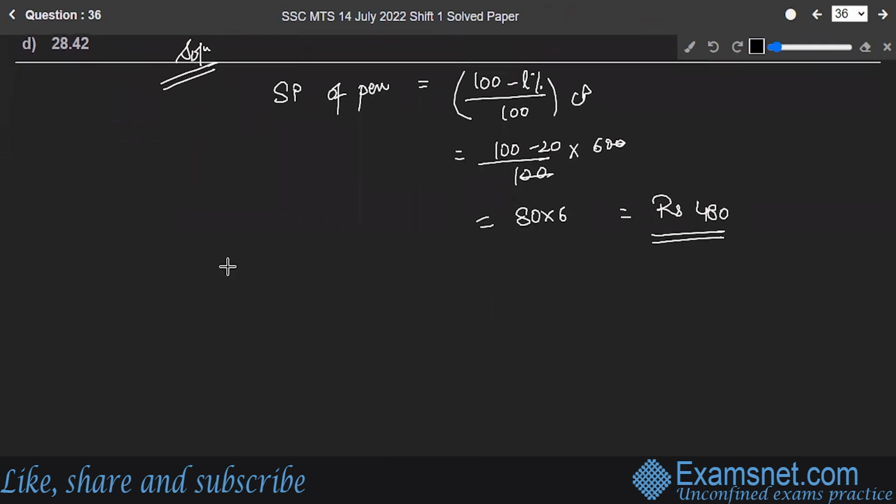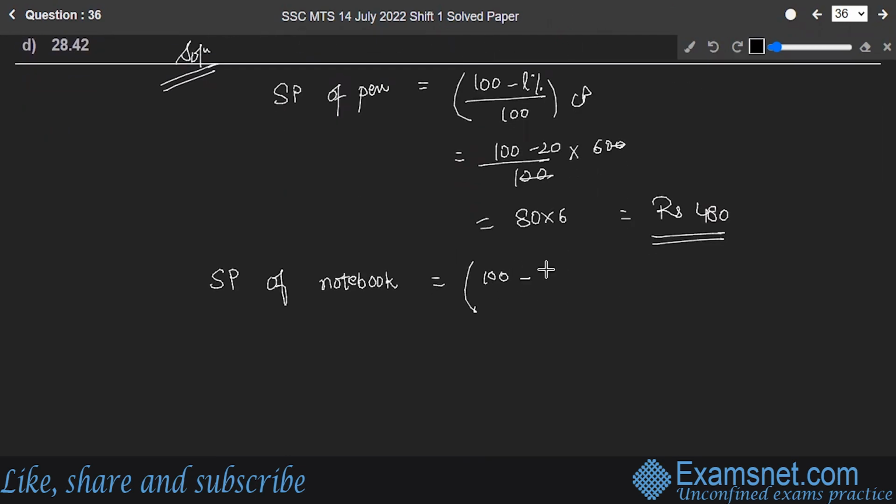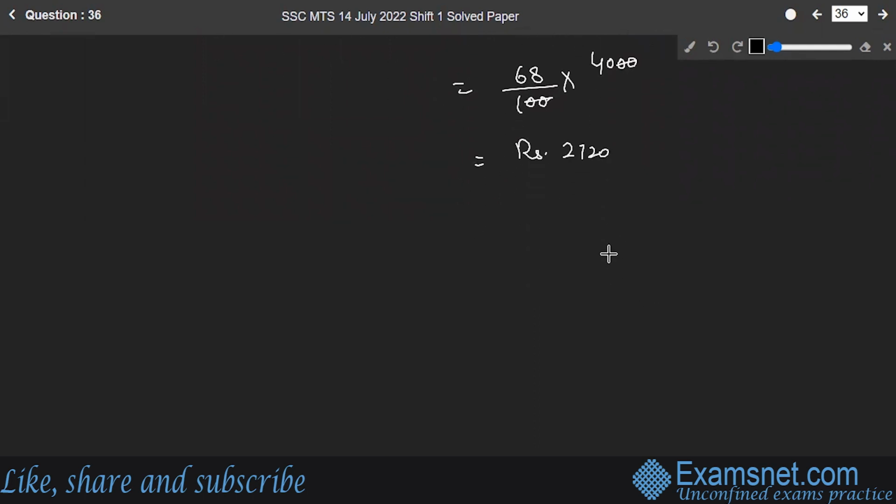Similarly, let's find out the selling price of notebook. That is given by 100. Okay, this is loss again. So minus 32, because 32 is the loss percentage of notebook, multiply 4,000. This will be equal to 68 upon 100 into 4,000. These two will get cancelled and you will have rupees 2,720 as the selling price of the notebook. So the total selling price of